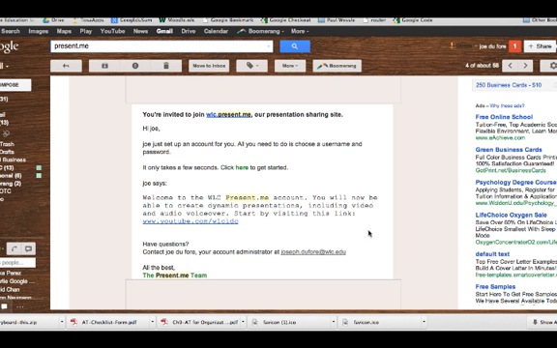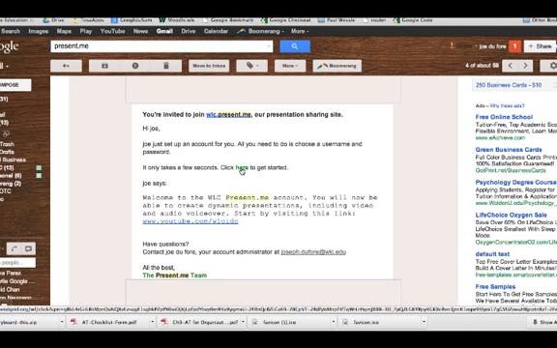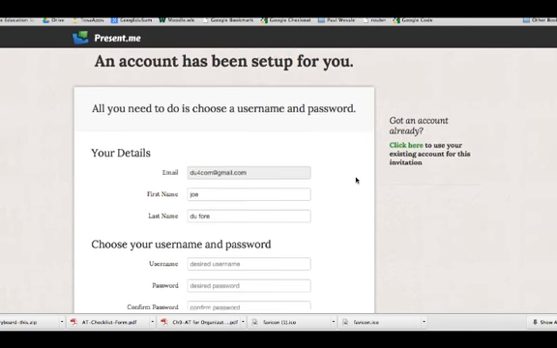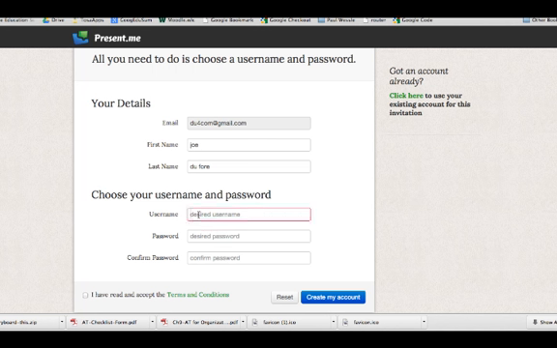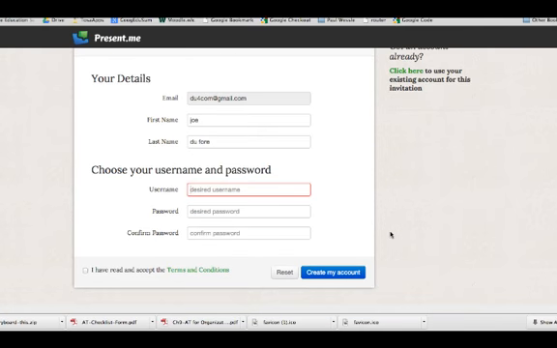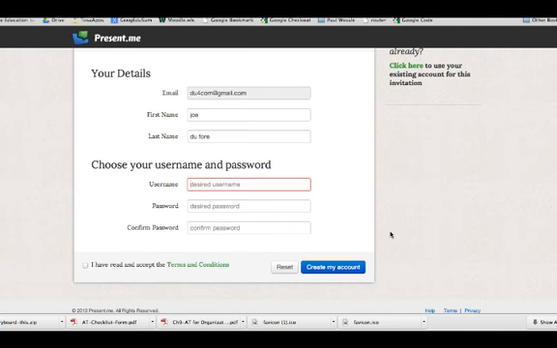Well, hopefully you just received an email that looks a lot like this or similar to this, where you have a tiny little green word right here that says click here to get started. Once you click on that, you are given the option to create your very own user account with your own username, the way that you desire it, and your own password. You'll always have the email address, or I would like you to keep the email address to which this invitation was sent. Once you do that, you fill all this information into your desire, you hit create my account, and